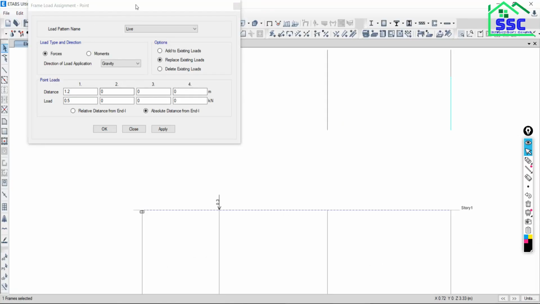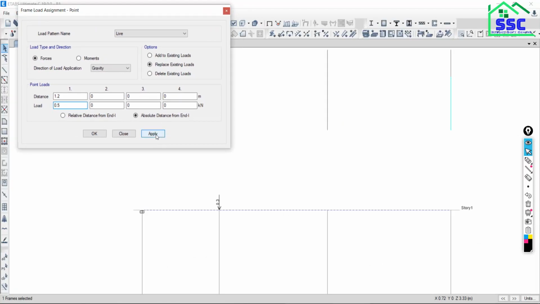Go back and say apply. What happened? This load is removed and this new load is assigned. Why?